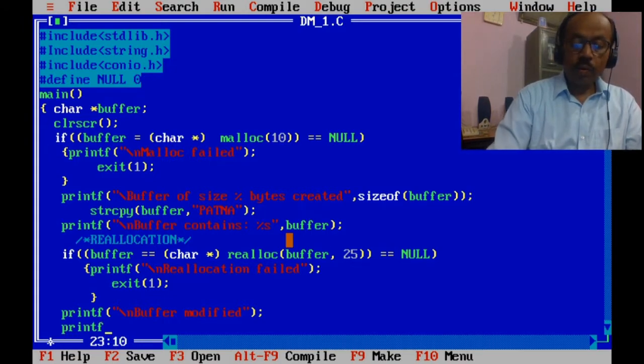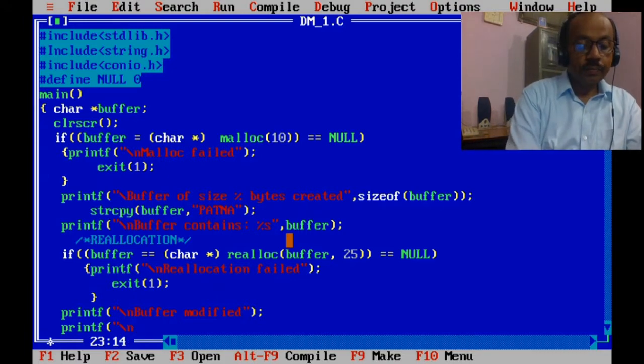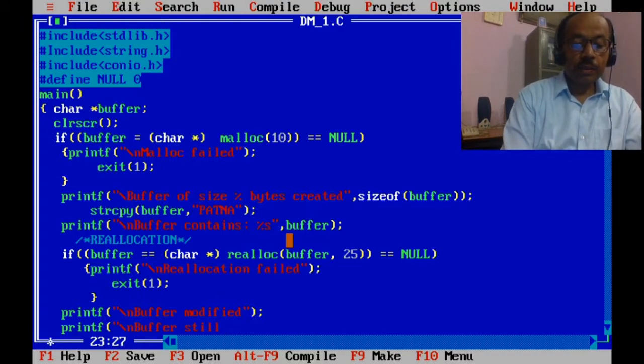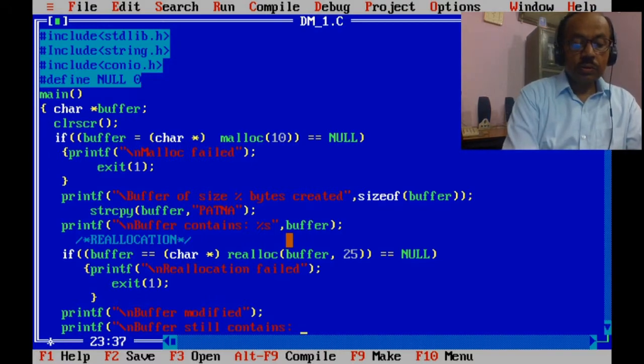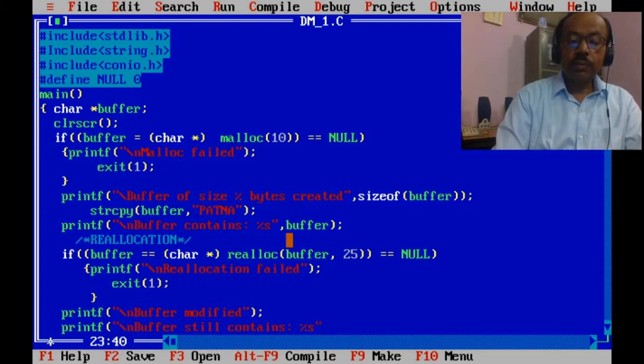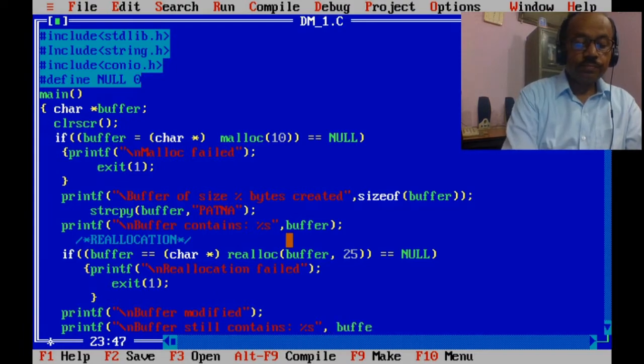Printf "buffer still contains", the format string we have given here, and the variable name buffer.